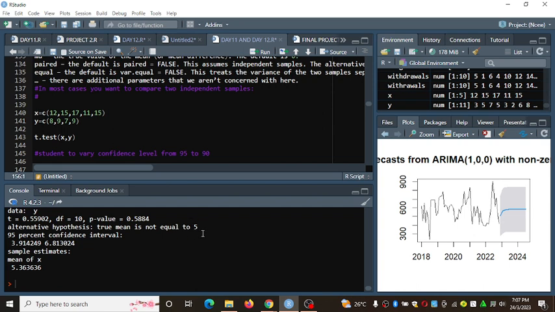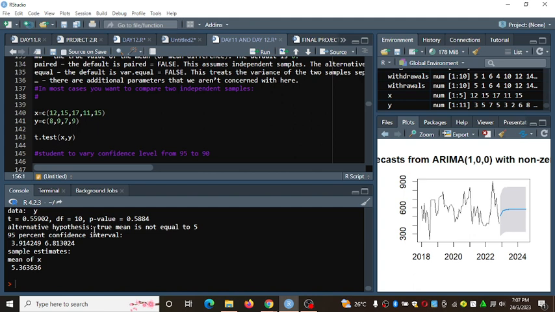Now, if we fail to reject the null hypothesis, remember the alternative hypothesis is that the true mean is not equal to 5. So the null hypothesis is that the true mean is equal to 5.